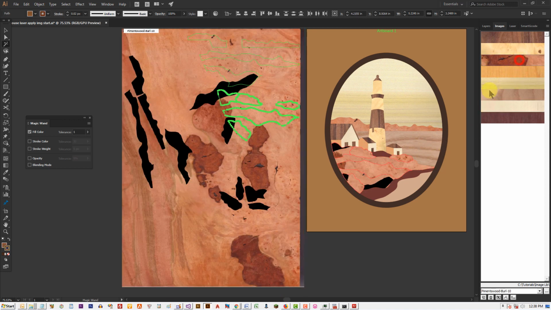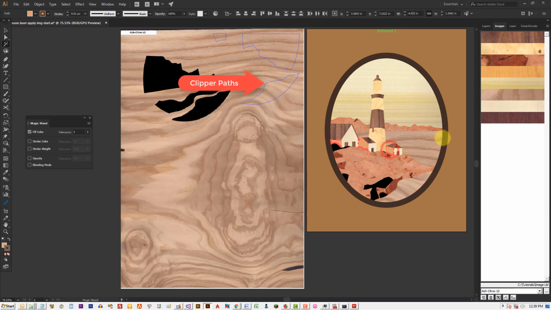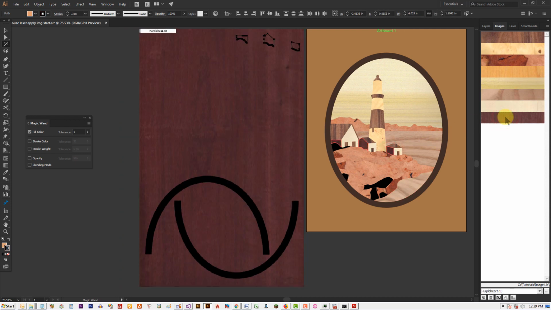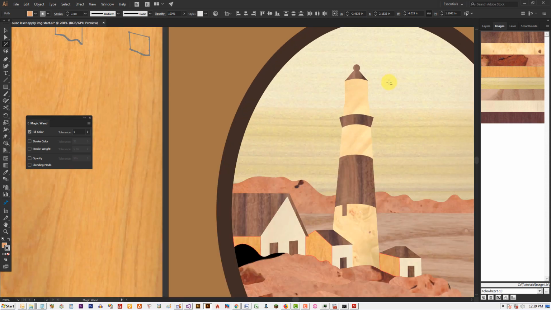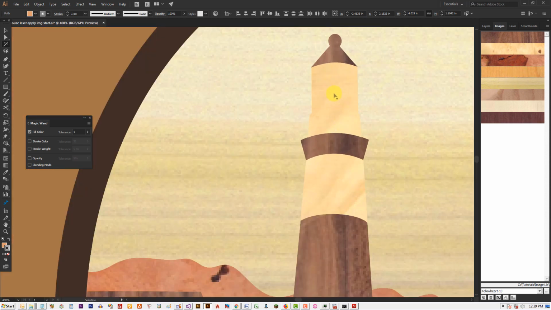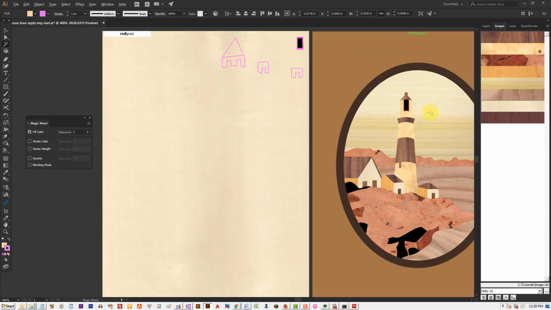I need to see how the wood color and grain combination work together as a whole before I can begin to relocate the clipper path on the image to achieve the desired texture, shadow, or highlight in the scene. It is very important at this stage to visualize which direction the sunlight comes from. In this case, I assume the sunlight comes from the upper right corner in the scene.